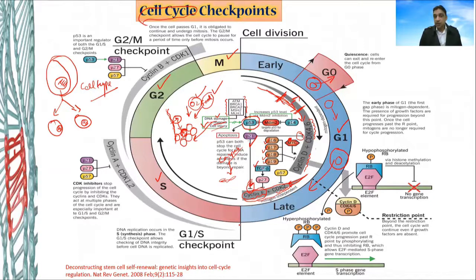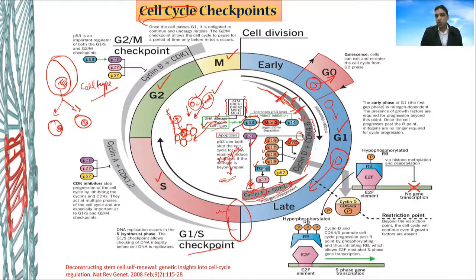So there is a checkpoint between these two phases. We cannot actually clearly demarcate these two phases. In cells there is no such clear line, but somehow we can guess that these things are happening in the G1 phase, and synthesis primarily is happening in the S phase or synthesis phase. But there is a checkpoint between these two, and that is called the G1S checkpoint. It's very famous. We can analyze how many cells are there in the G1S phase. And this checkpoint or this phase is the phase where the DNA replication occurs.